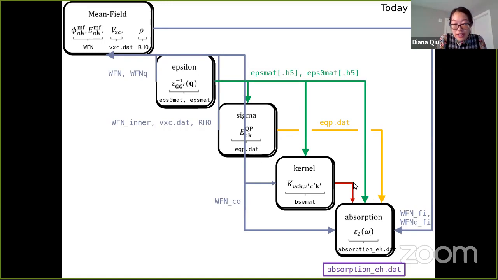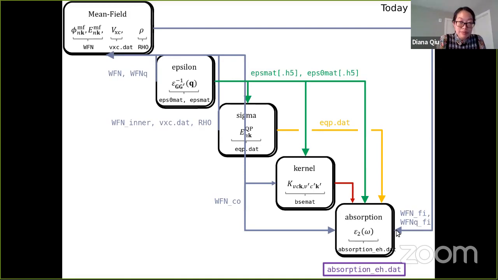Then we're going to run kernel, which takes as input the coarse wave function, epsmat and eps0mat, to build the kernel matrix, which is called bsemat. Then we're going to send bsemat as input into absorption, along with epsmat, eps0mat, the quasi-particle energies, and the fine wave functions in order to obtain the absorption spectrum. The final output will be